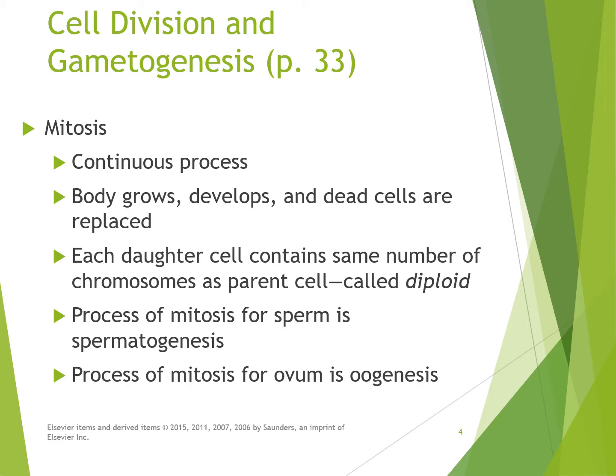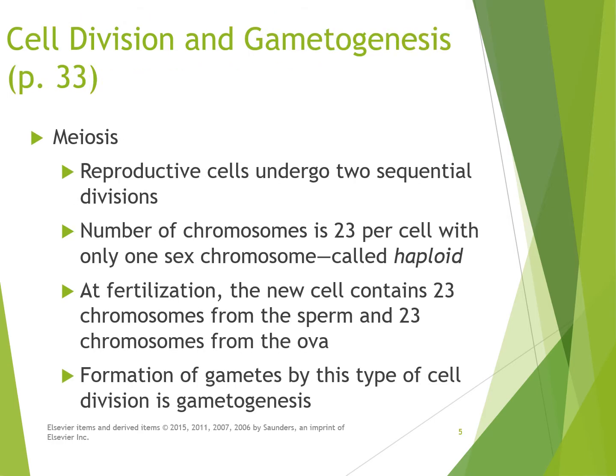Each daughter cell contains the same number of chromosomes as the parent cell, so diploid, right? The process of mitosis for sperm is spermatogenesis, the beginning of, and the process of mitosis for ovum is oogenesis. We learned those terms previously. Okay, so meiosis